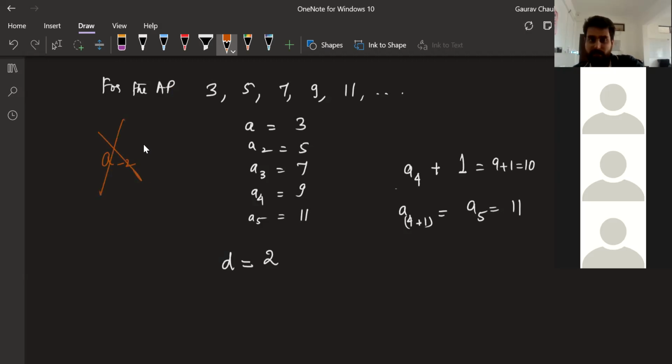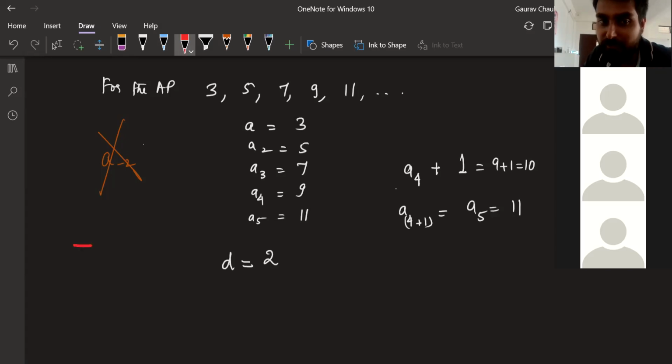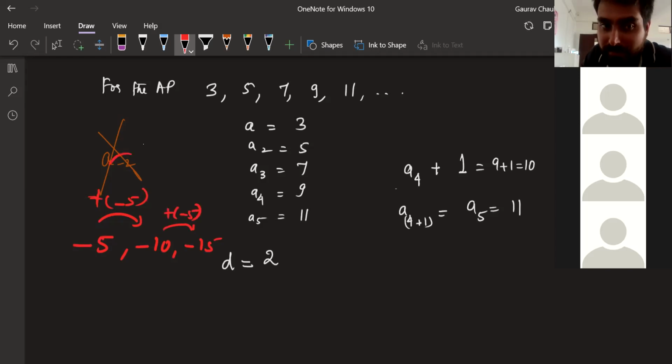At 10th grade level, and I don't know if later also, an arithmetic progression has to have a starting place and then we start the progression. So I don't think there is anything like a negative term position. Like the term itself can be negative. My AP can have minus terms in there. Minus 5, minus 10, minus 15. This is also an AP. Every time I'm adding minus 5. Correct. This is also an AP. But this is not going to be the case. You get the difference, Dinesh?